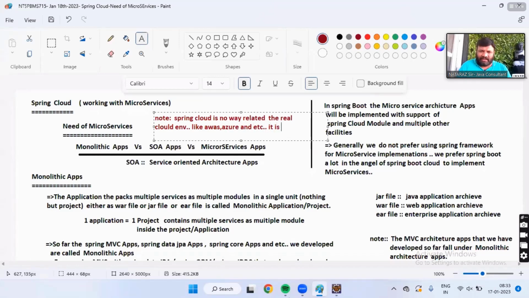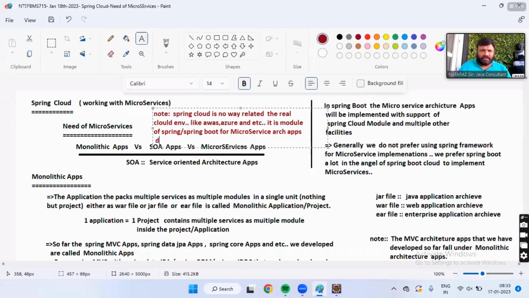It is a module of Spring or Spring Boot for microservice architecture application development.